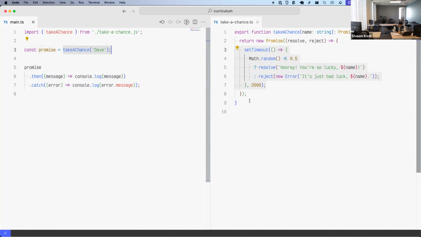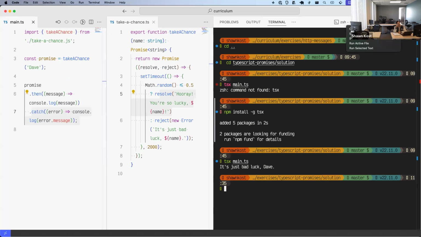So takeAChance is returning a promise, right? It's in that pending state. So now promise is my promise object, and it will have these two methods. Once resolve gets returned, it'll automatically call my then handler and it will execute that. Whereas if it rejected, it'll call my catch. So now if we go and run this,